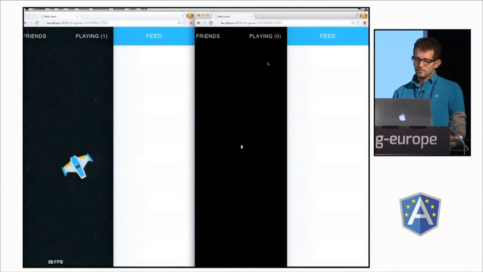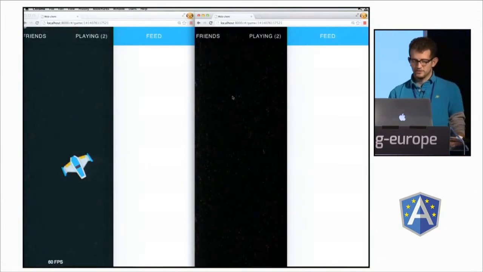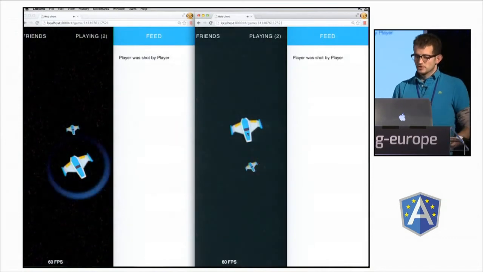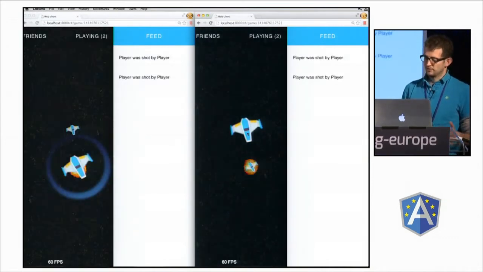And then we can make this multiplayer again if we have a chance. So now we can go here and we can shoot that. She kind of refused to do the explosion sound, but